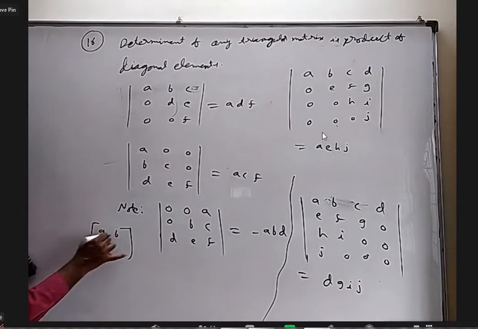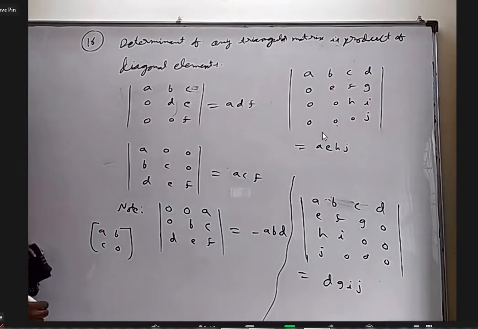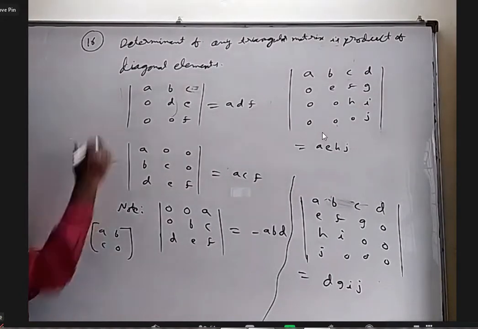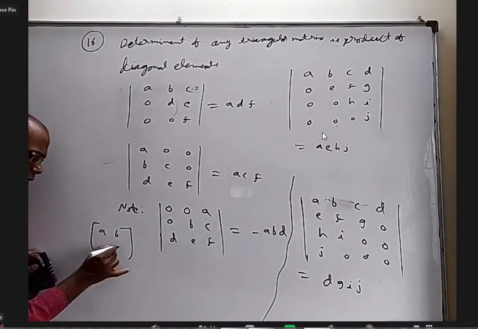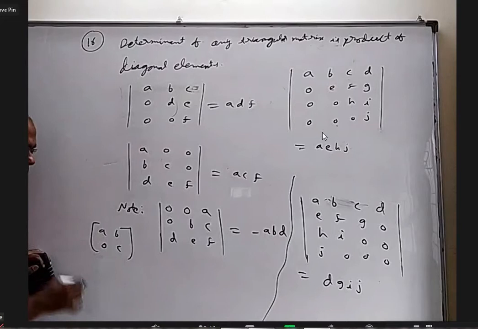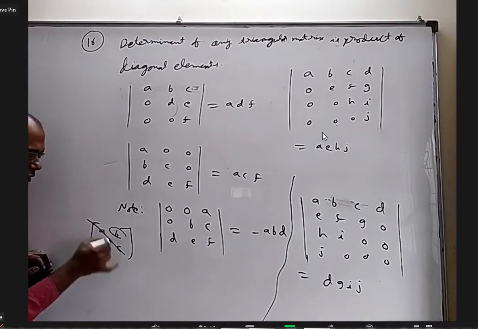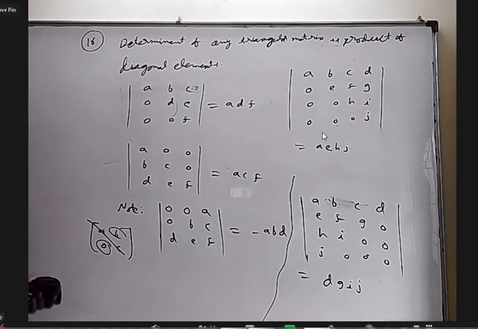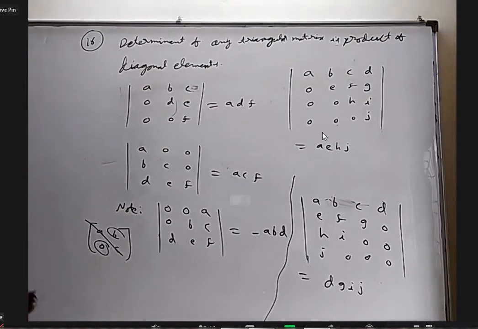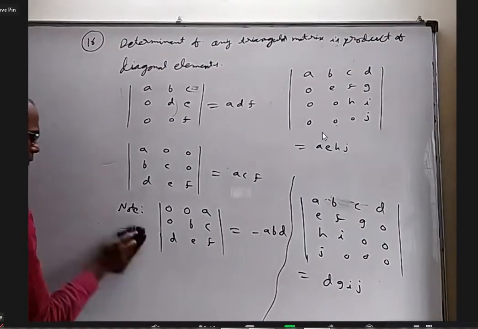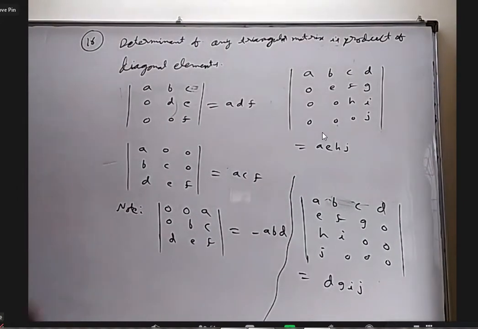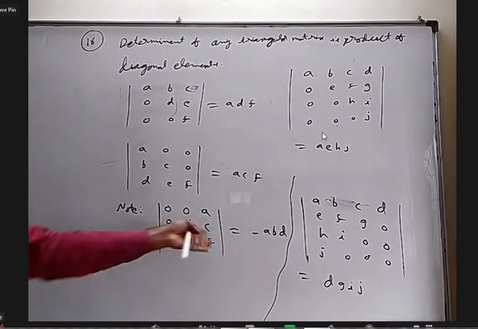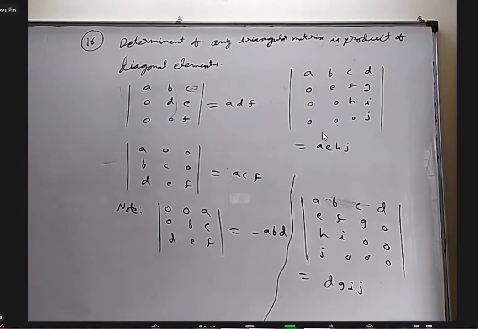Let us take A, B, C, 0. This is an upper triangular matrix, because above the diagonal the elements are there, and below the diagonal they're 0. That is an upper triangular matrix. Yes, sir. I would have given that also, but it's very simple, so I did not. It should have been told in the beginning, because it is very simple from the definition. Okay, I'm erasing all this.